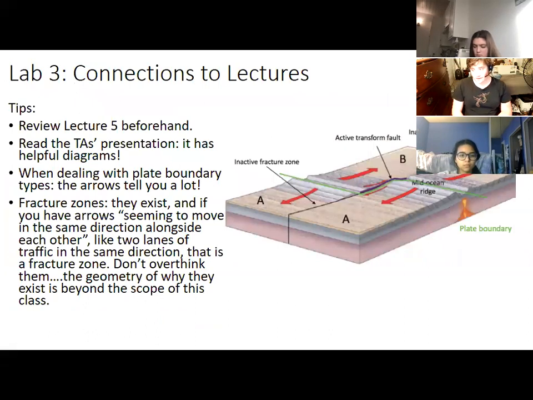In terms of how this connects to this week's lab, I will say make sure that you review Lecture 5 if you have not attempted the lab already, and the TA's presentation has some really helpful diagrams. Now, regarding plate boundary movement, it's all going to be about the arrows. With this zone here, you can see how the arrows, this actually gives you a nice side view